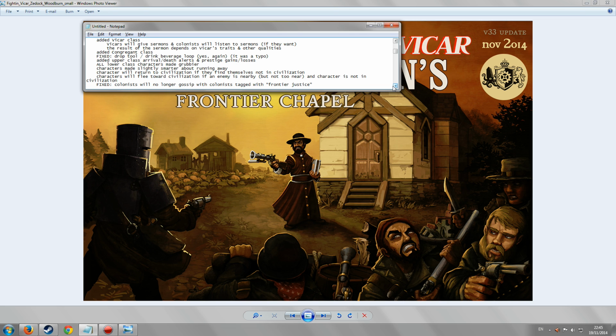Colonists will no longer gossip with colonists tagged with frontier justice. So frontier justice is the one where you're sort of saying kill them because they are underhand, roguish bastards. Now, whilst your guys are going to try and kill them, the next door neighbour won't say, oh, what have you been up to today? Have you had a cabbage soup recently? No. They'll go, ooh, not talking to you. You're a bit...